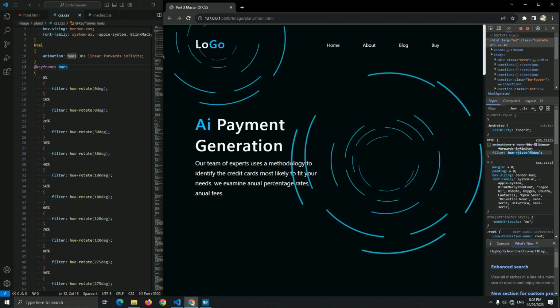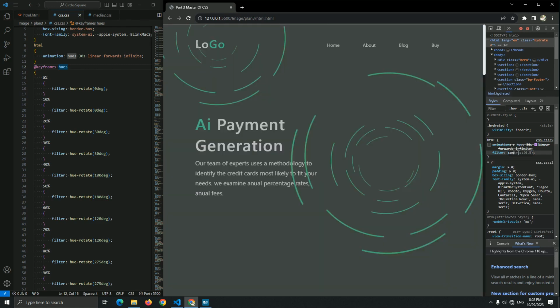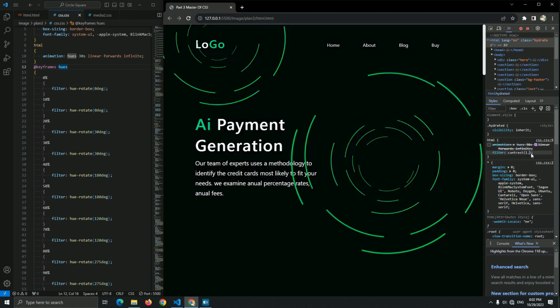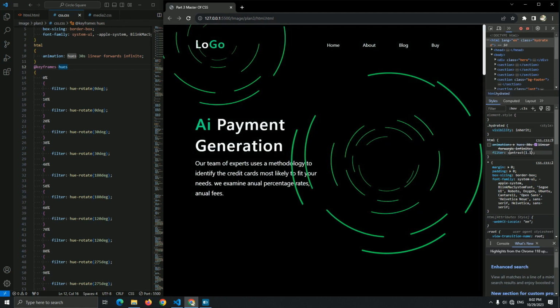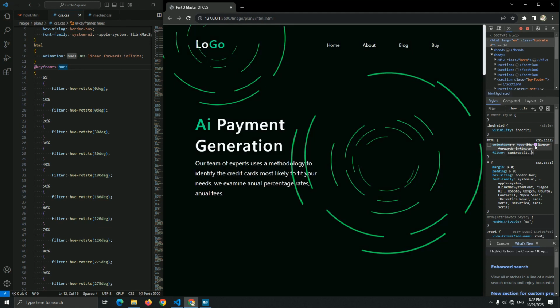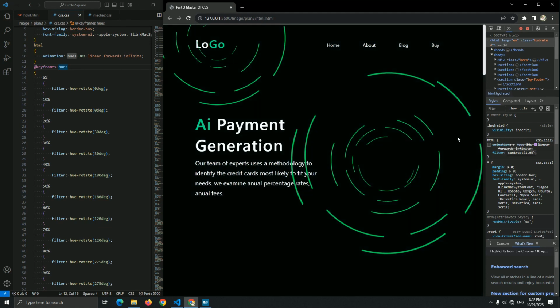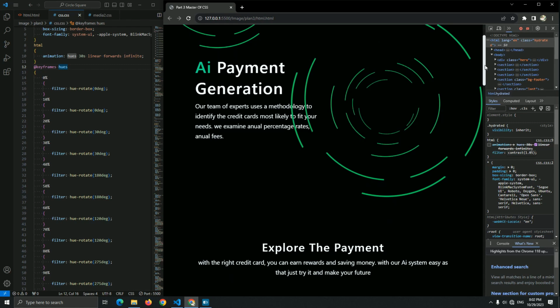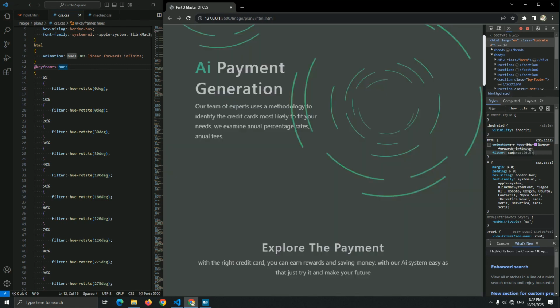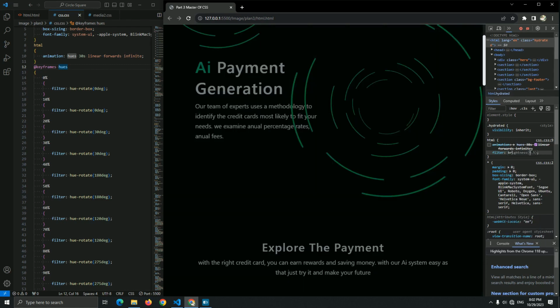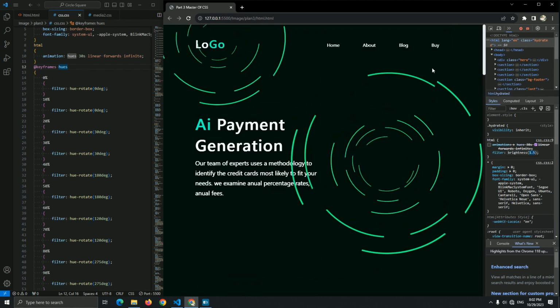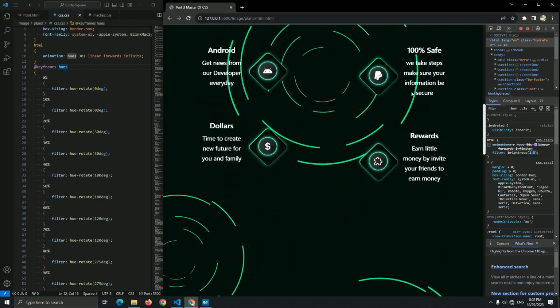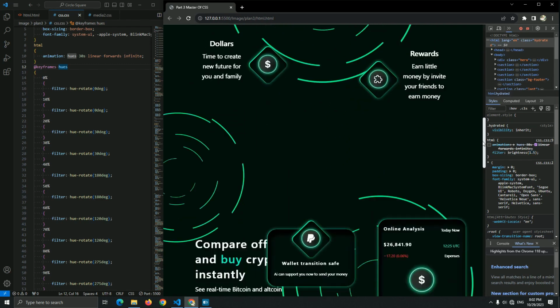Oh, I'm sorry. You just need to add a constant, and just change it, for example 1.1, or it's too much, I think it's 1.05. Yes. Now as you can see, this is darker, but if you want it to be lighter, you just need to add brightness, I think, yes, brightness, and just keep changing this, and you see we got a brighter, lighter website with a cool animation.